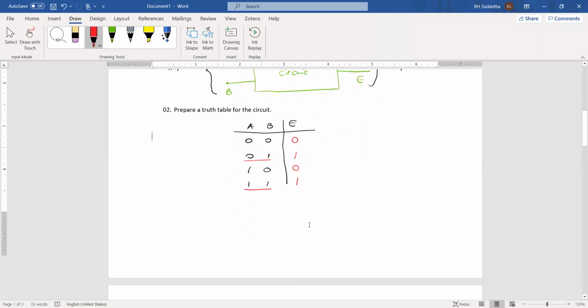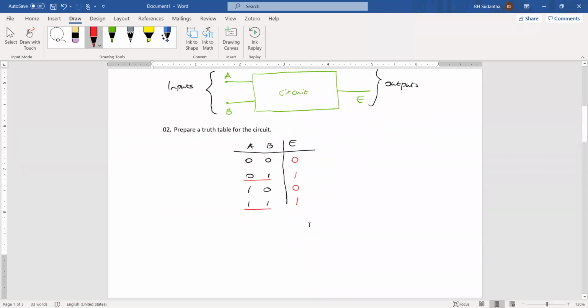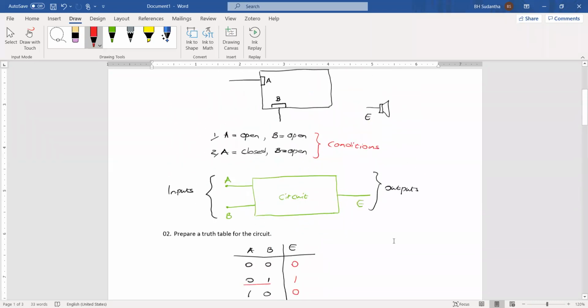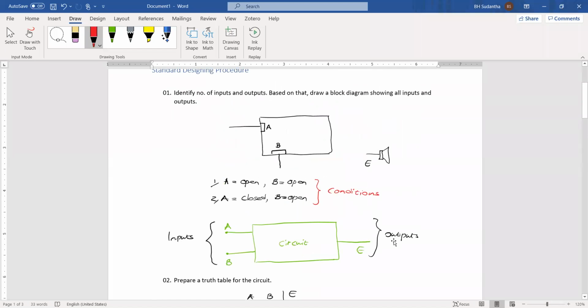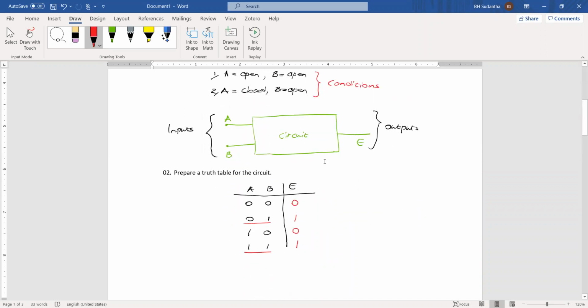Okay. Now, the second step is done. We have prepared the truth table. Actually, what we have done here is, a couple of minutes ago, there was a problem. And the problem was in which format? It's in verbal format. Sometimes in text, we have this problem. Now, the entire problem has been converted into a table. Now we put all the conditions in the table. Now the entire problem is in this table. Basically, 50% of the circuit designing we have done. When you prepare the correct table, 50% is done.